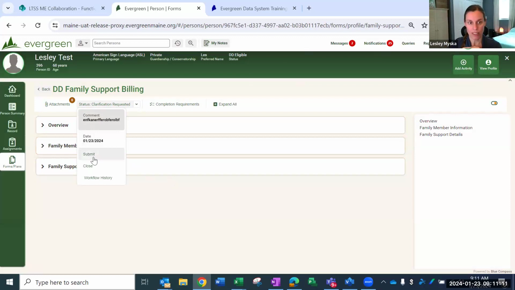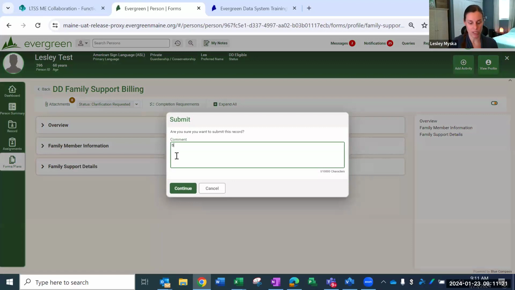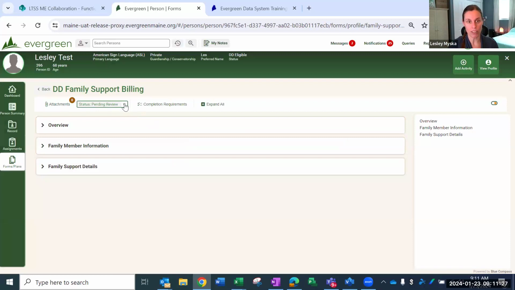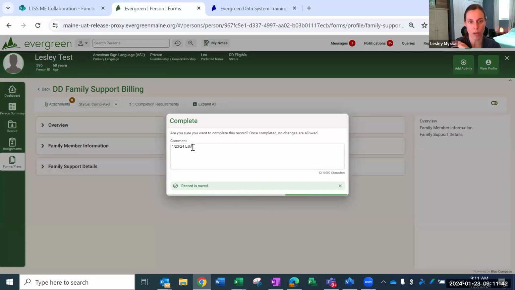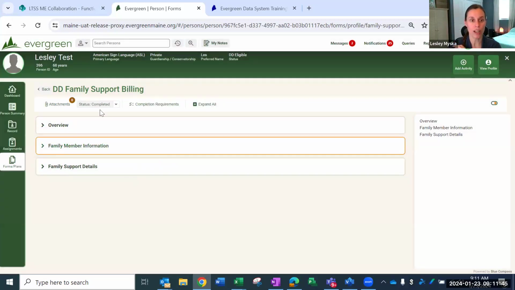Once you have everything that you need, and all of the completion requirements have been met, you've added your determination, then they can submit the form. So again, if you've requested clarification, that will put it back into pending review, and then you can complete that once you have the determination on there. And you can put whatever date or your initials or whatever you might want to put in there. That's an optional comment. And so once you've completed the form, it will set the status to completed,